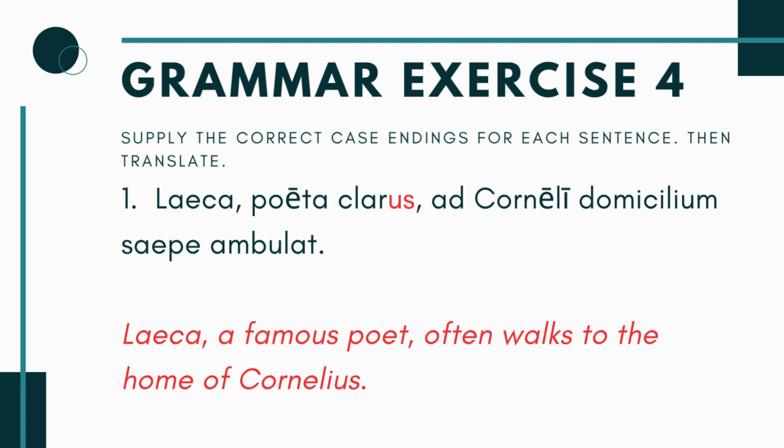Okay, so in the first one, you have Laika, poeta clarus ad Corneli domicilium saepe ambula. So the blank here is clarus. Now this one, I know from my own students, is one that always throws them off a little bit. This looks a little weird because what you're learning in this chapter is that adjectives match nouns in case, number, and gender. And the majority of the time, they're going to